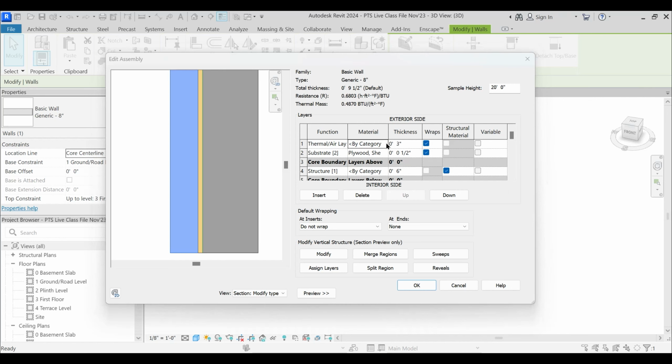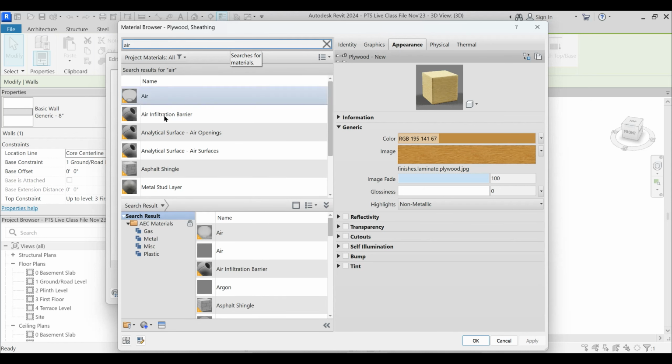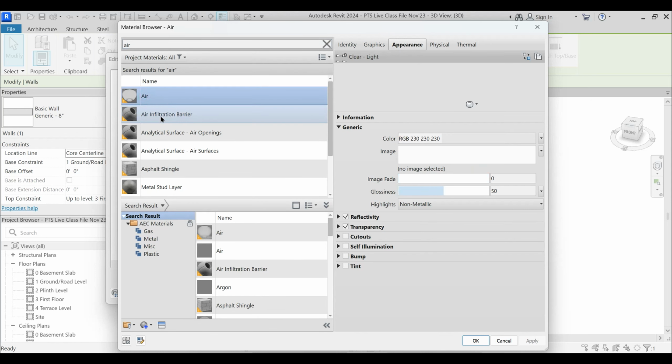And while going to this material part, there is a predefined material of Revit which reads air, wherein we have this air and we have this air infiltration barrier. For both materials there is nothing in appearance. This got stuck.